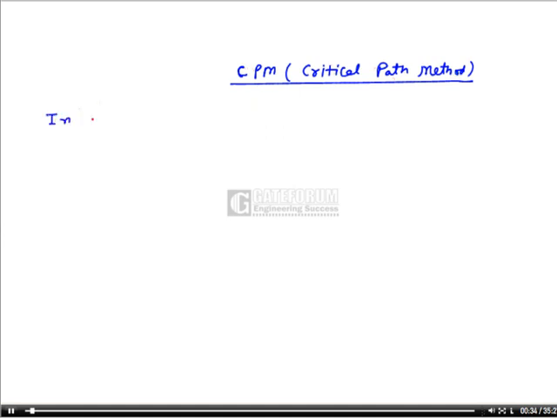Topic, that is CPM, critical path method. So CPM, this is critical path method. In CPM analysis we consider only one time estimate, that is average duration of the project, and based on this we go for calculation, but again this depends on 4 time estimates of the activity. So let us see. So in CPM